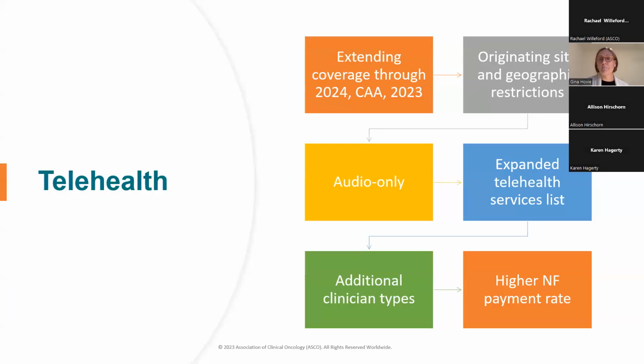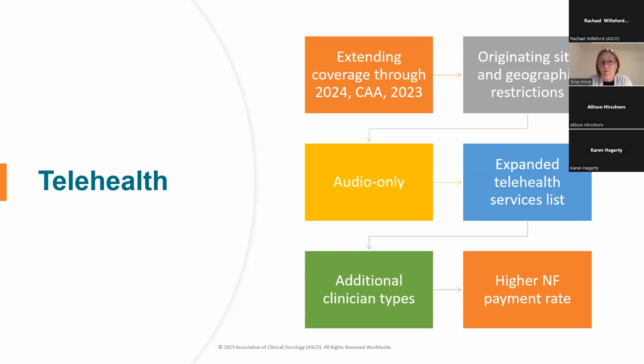So most of what's happening in the fee schedule for this year is the continuing of the telehealth flexibilities that were in place during the public health emergency. So Congress has passed the Consolidated Appropriations Act of 2023. It really extends those flexibilities through the end of 2024, and then CMS is just finalizing through regulation what flexibilities are still in place.